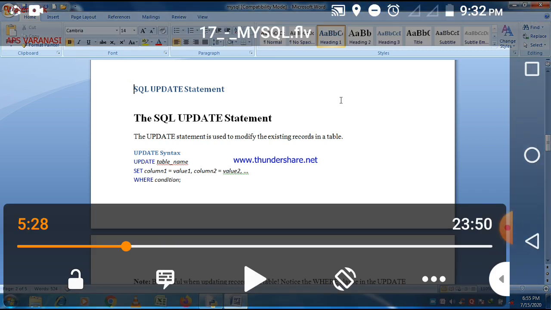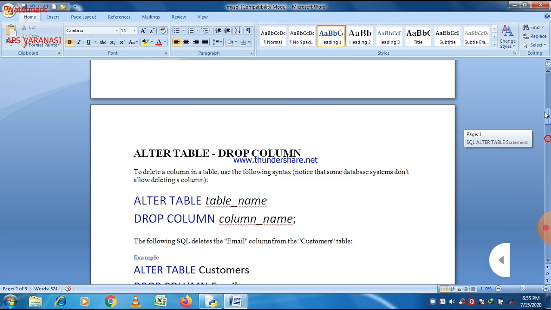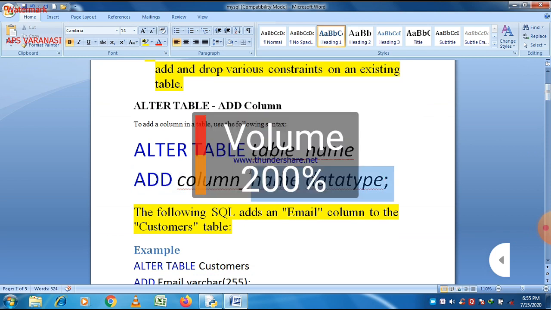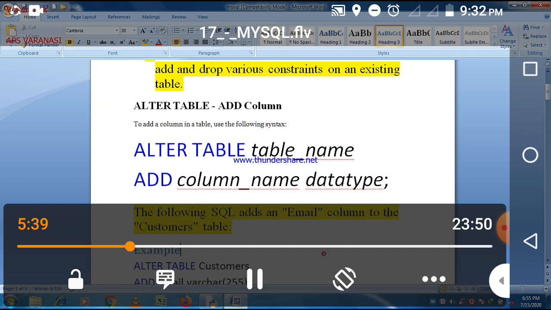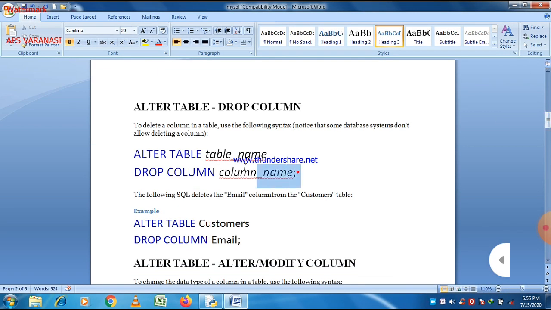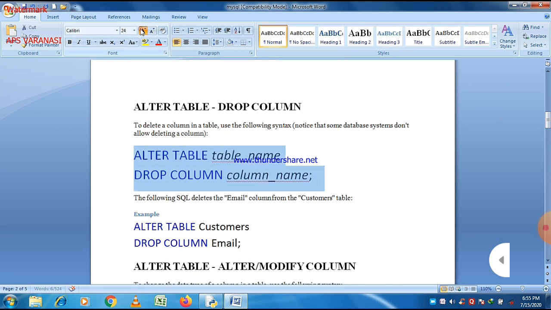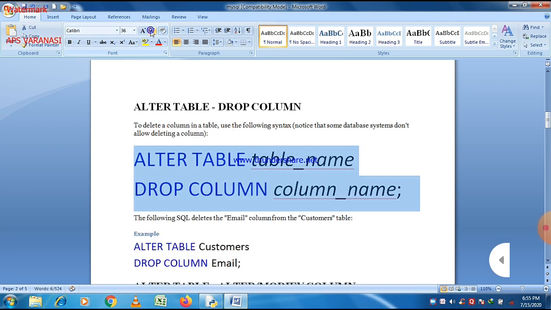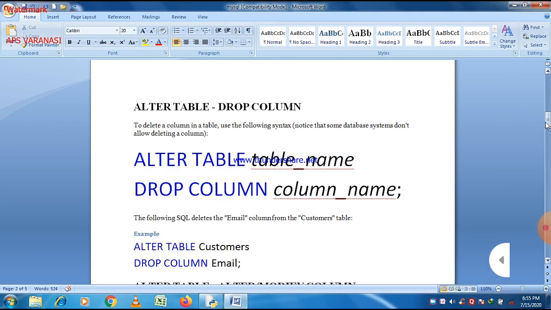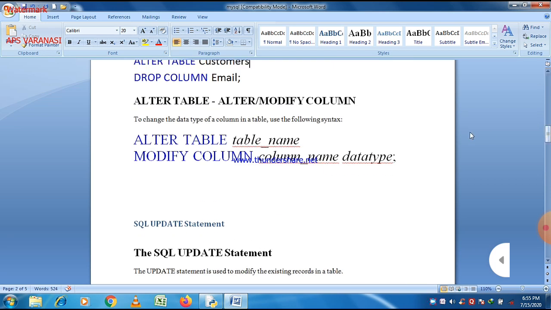Now let us see how we can use the update statement. It is very simple to use. In alter table, we write alter table, table name, and drop column, column name. To modify a column, we write alter table, table name, modify column, column name.